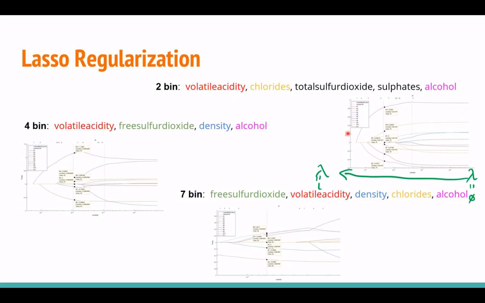So when we look at the different bins, we see that the 2 bin, the 4 bin, and the 7 bin, actually we see the coefficients drop to 0 at different rates. For instance, here we see total sulfur dioxide and sulfates never even make it into the regularized model here of the 4 bin or the 7 bin. Furthermore, they drop out at different rates depending on the binning. Volatility, acidity, and free sulfur dioxide switch positions between the 4 bin and the 7 bin, and this reveals